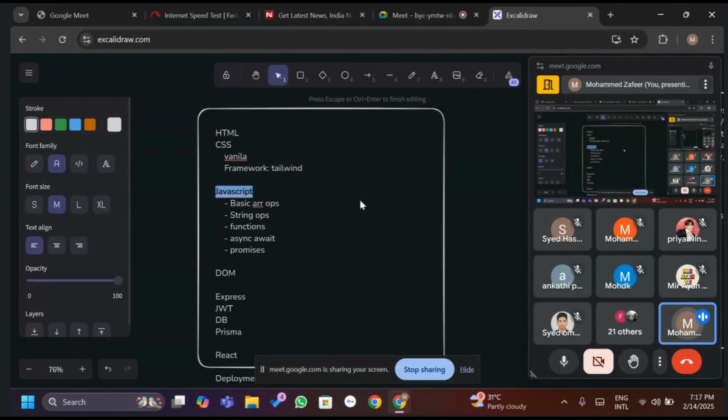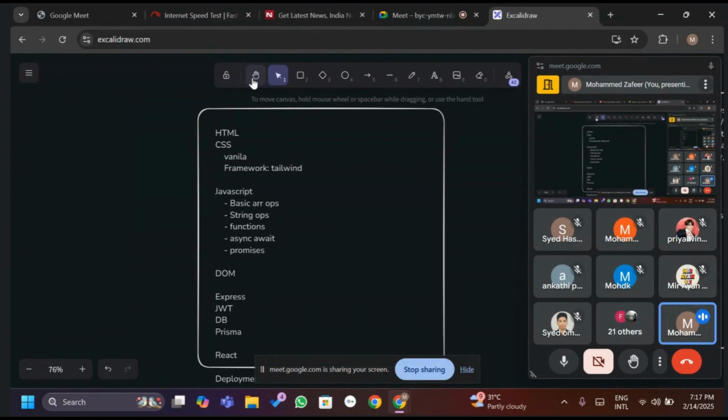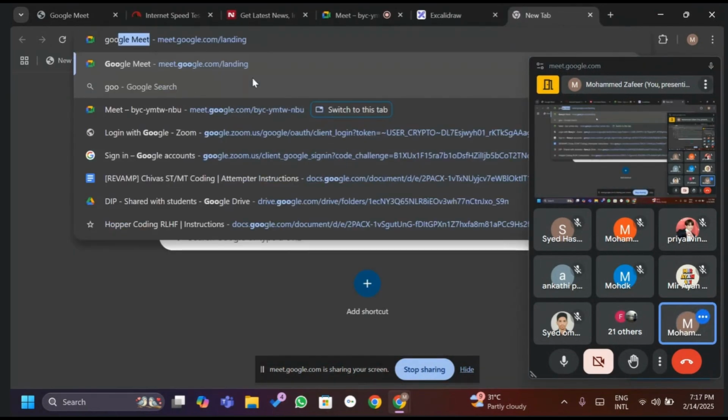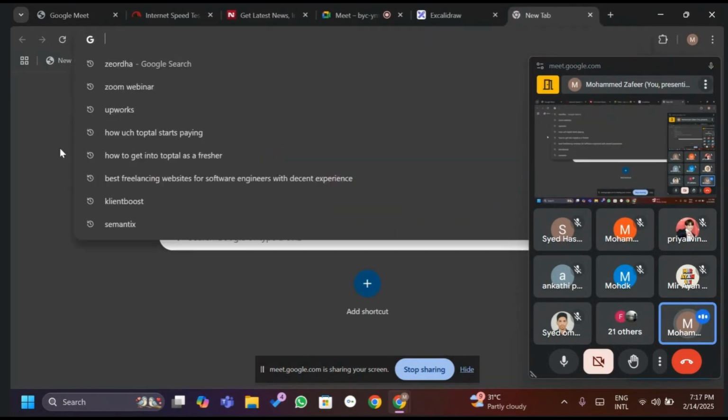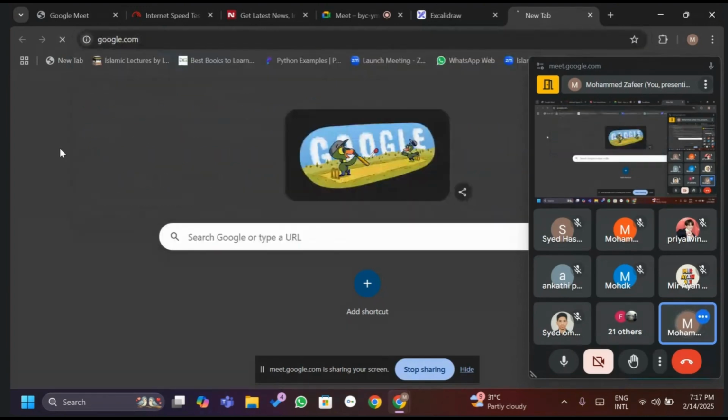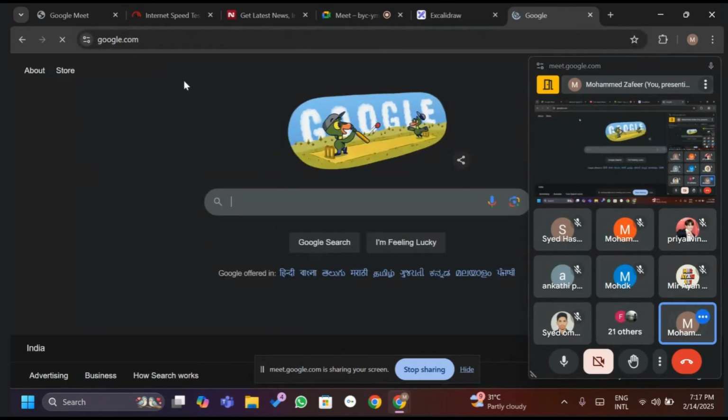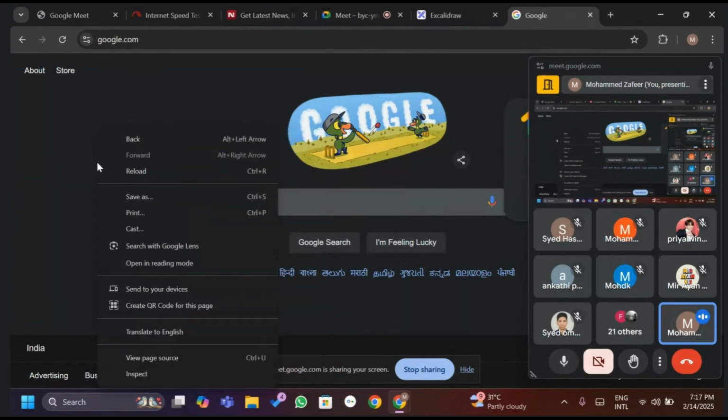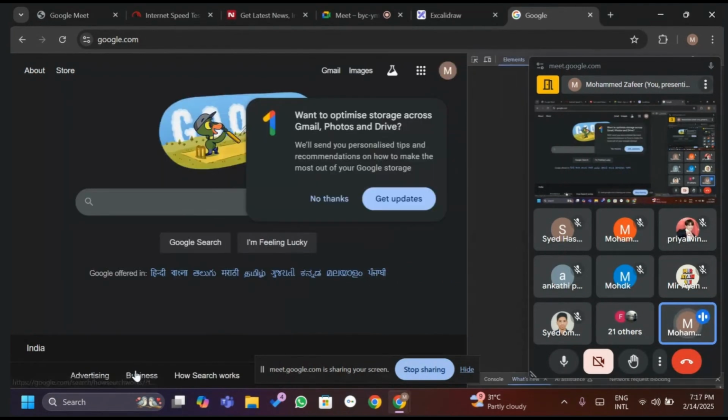Just to give you an example, if you see this particular website itself, which is xscaleraw.com, or if I go to google.com, right? Let me open it in the actual fashion. So we are on a website which is google.com. Now, how do I know whether it is written in HTML, CSS, and JavaScript? You can right click and go to the inspect tab, right? If you click on the inspect tab,